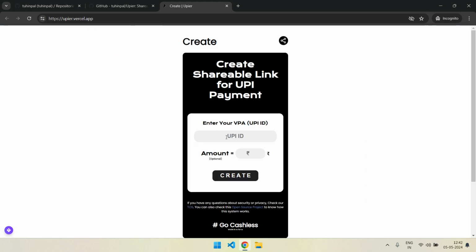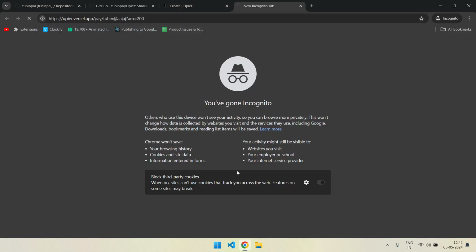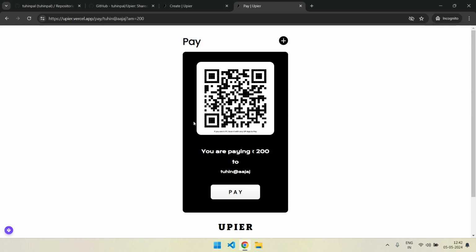So let's say let me give my UPI ID to him, let's say 1 rupee, right, and then I want this. Then if I click create, I will get a link. Okay, just copy it, then I paste it. So I can scan this QR code and pay, or this is also a hyperlink. So see, UPI pay. So I can also pay directly with an app.